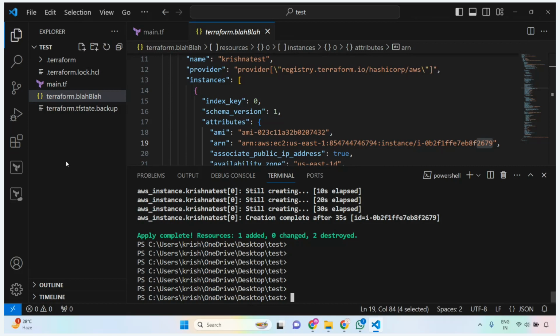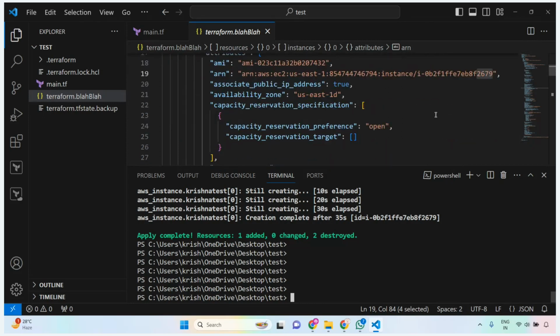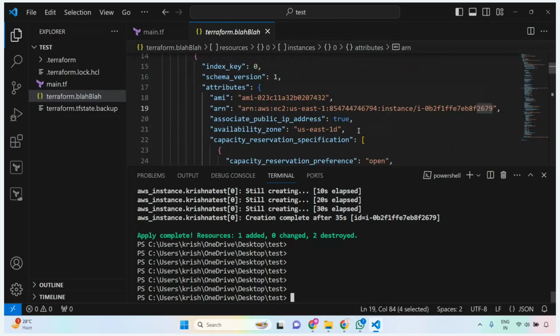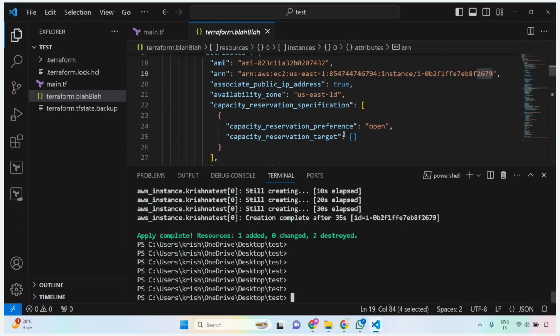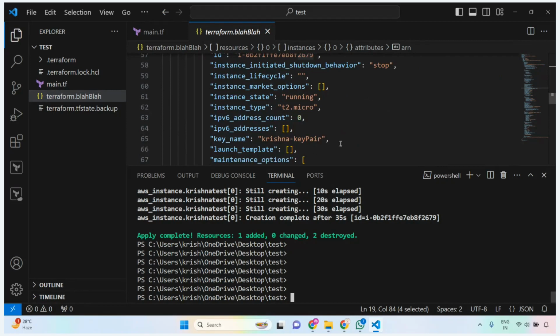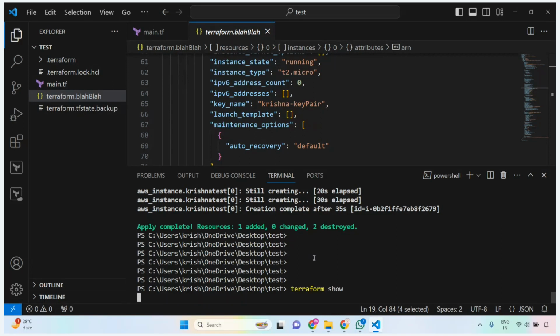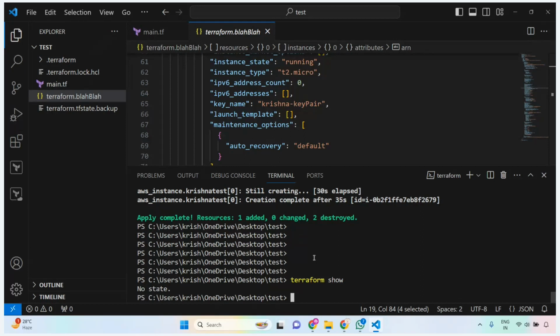Like I've mentioned, this Terraform state file is going to host the entire information about your instances. It is going to have your ARN, AMI, your availability zone details, and any other information that you are going to pass, right? With that, if the name has now been changed, or let us assume that the file does not exist, then what is going to happen? If I go ahead and do terraform show,